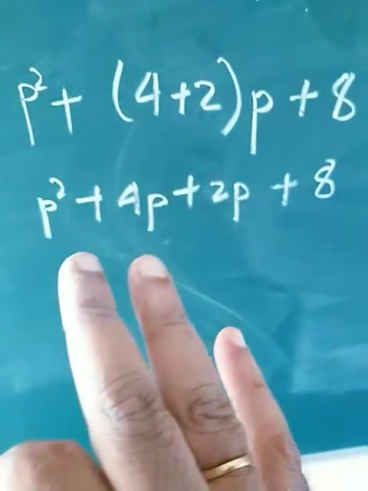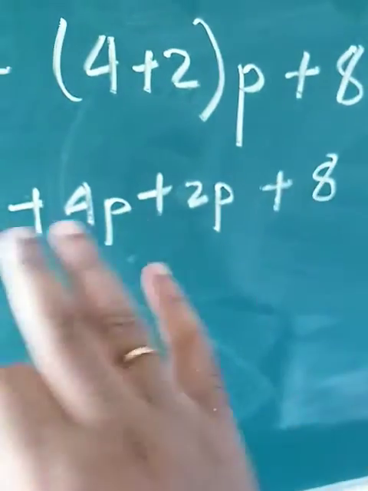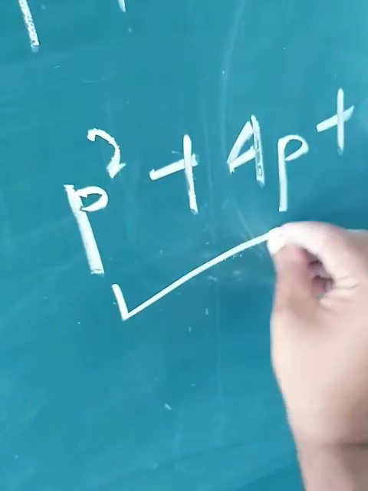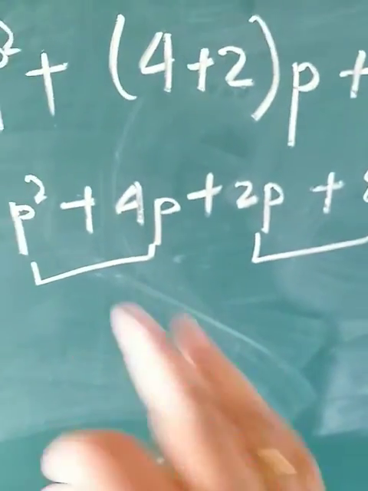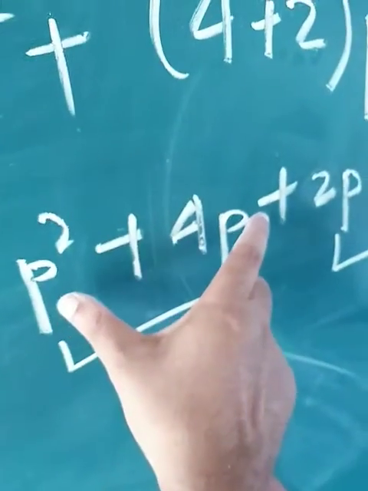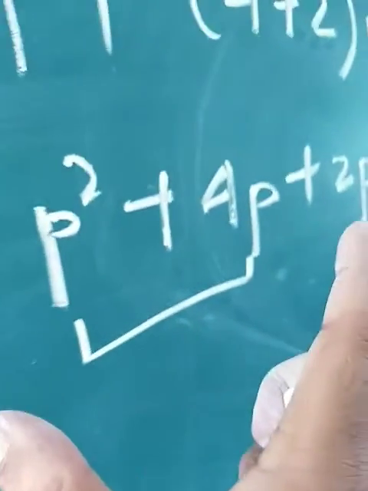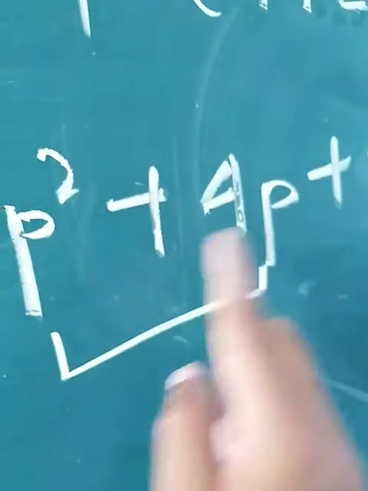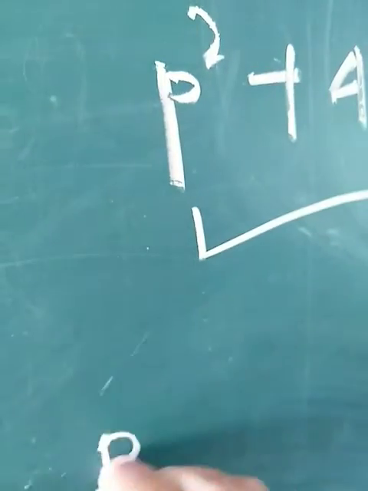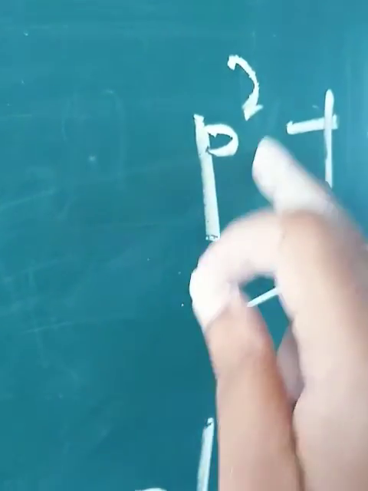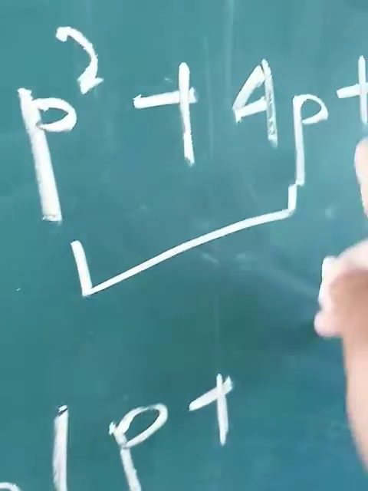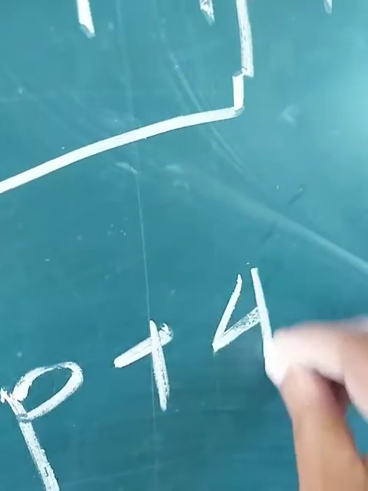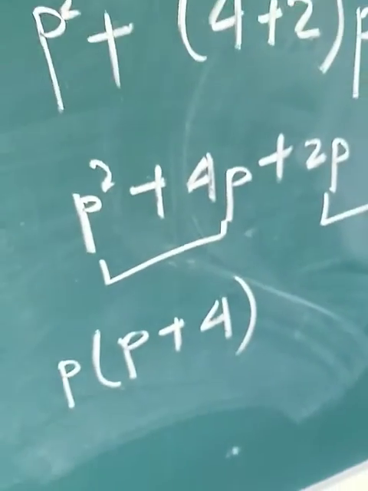Now you see, I'm quite sure that you have understood what you have to do. You have to make a group of 2, you have to make 2 groups. Remember, we did this type of sums. So from these 2 terms, we have to take one common term. What is the common term from these 2? Yes, it is p. If we take p, and p square is divided by p, what will be left? Yes, only p will be left inside the bracket. And if we divide 4p with p, the p will be cancelled. Only 4 will be left inside the bracket.